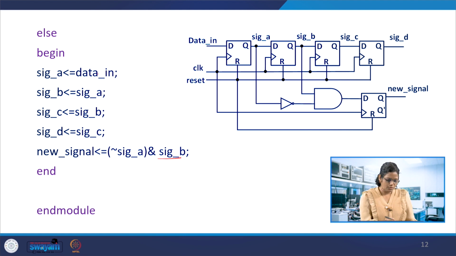So in this formation, we have seen that if we have the non-blocking statement, it would infer different D flip flops, 4 D flip flops. If it is blocking, that will be parallel flip flops. We had also already discussed this in the previous lectures. So this is the case of having only one clock. In the previous example, we had the ripple counter, which has the clock going from the output of one flip flop to another, whereas here